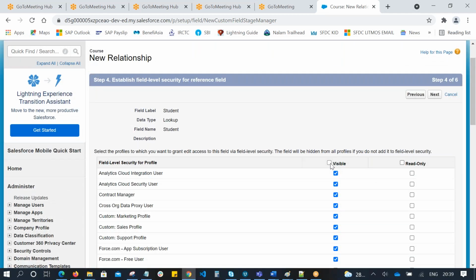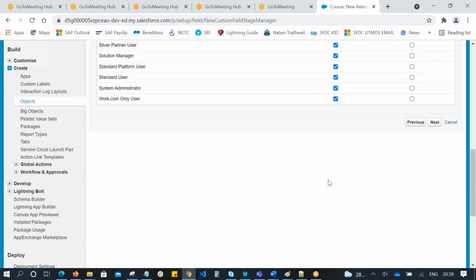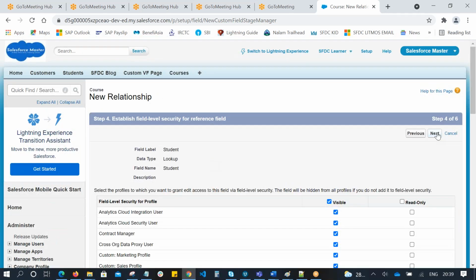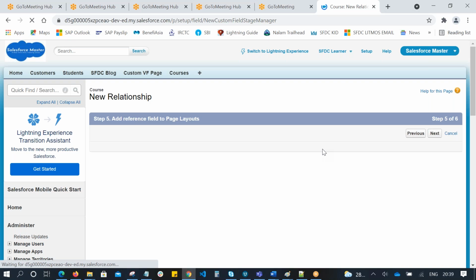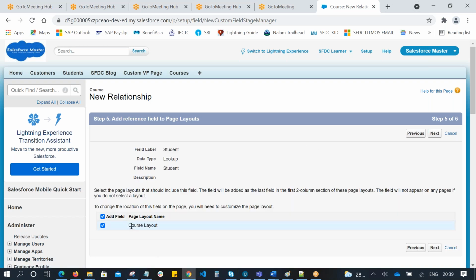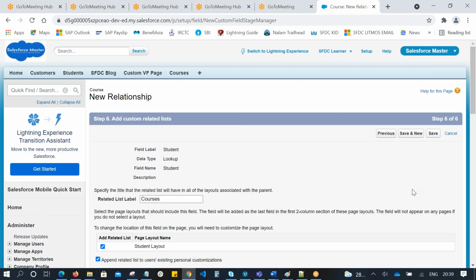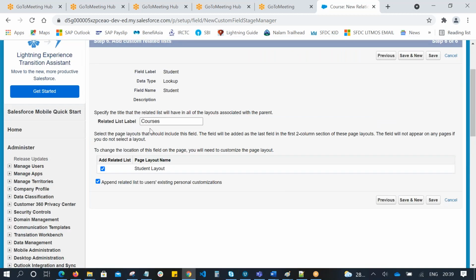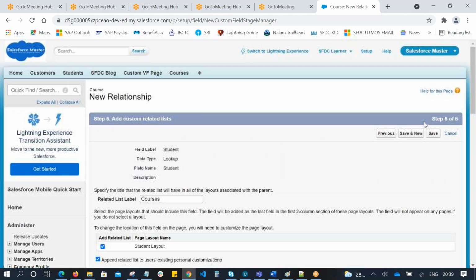Let's enable it for all the profiles. We have different users in the org, so we are giving access to all the profiles in Salesforce, and we are adding it to the course layout. Let's click on next. Relationship name courses, and save.